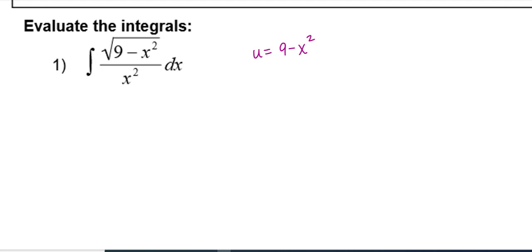Now, I don't know if I would necessarily write this down, maybe just watch this part, but if your u is your radicand, what's underneath that square root right there? Du is negative 2x dx, and that is not necessarily something I have. You might think you have x squared, but you really don't. You have x to the negative 2, so I'm going to say that is not the best technique. So u sub is not necessarily organically going to work, so I'm going to move on.